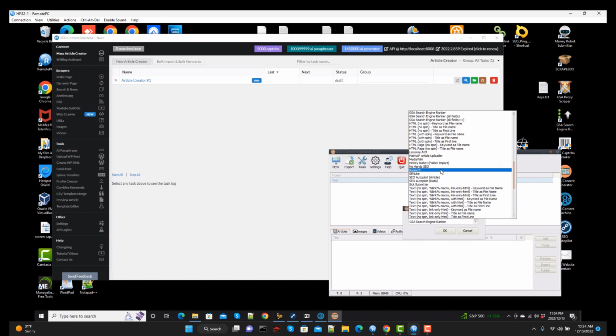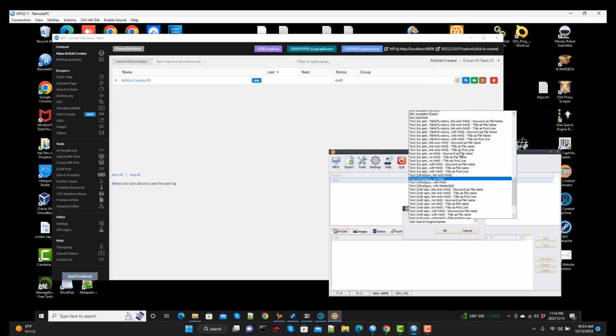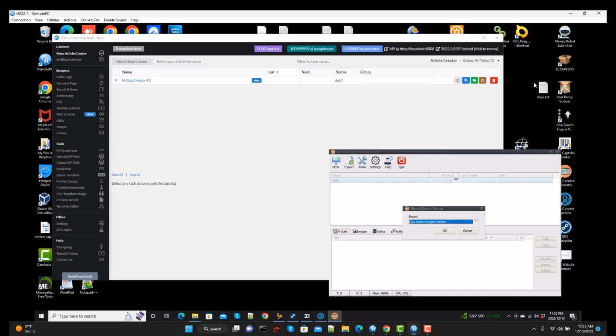You can export it in formats for RankerX, GSA Search Engine Ranker, any form of text file or CSV, SEO autopilot's in there, and let's see if there's any others. Xenolinks, I think that might be an outdated program, I'm not sure. But you've got a lot of options, and even in these text and CSV formats can often be easily imported into other applications, even though they're not specifically designed like RankerX or one of the others. So that being said, let's take a look at